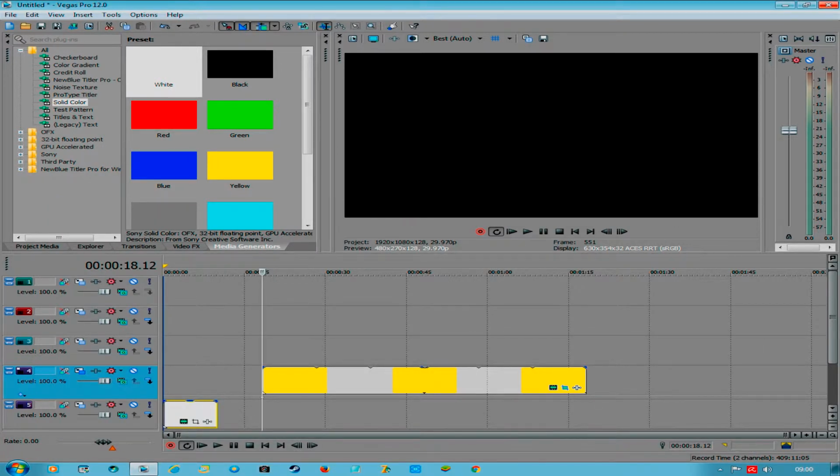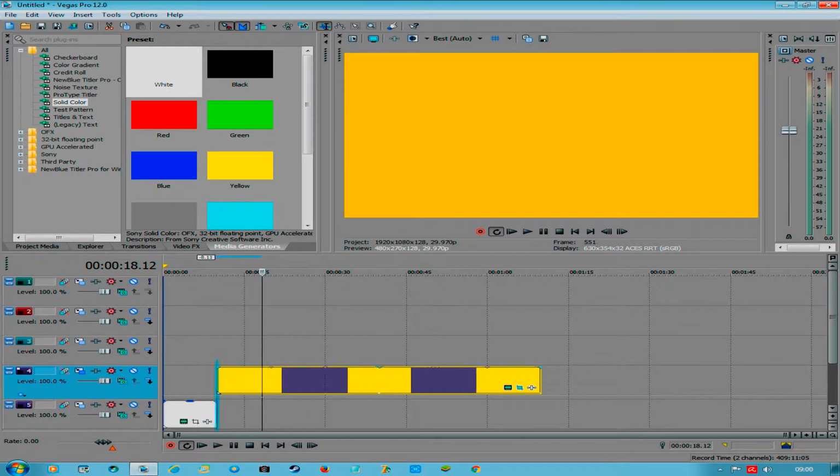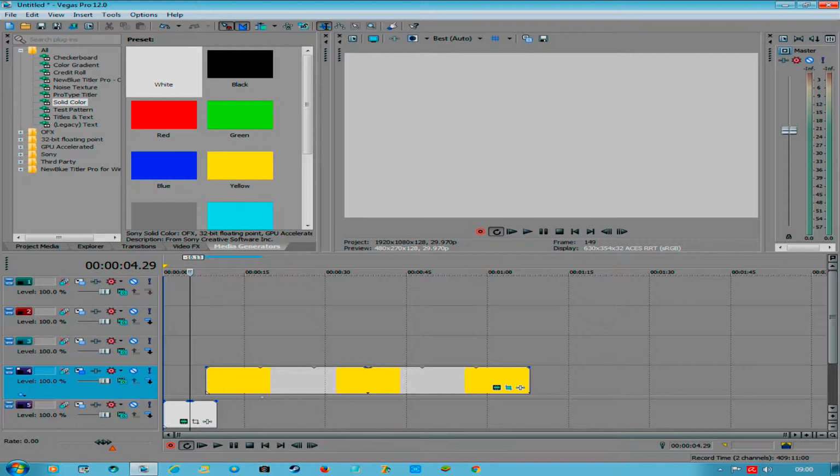I beg your pardon. There you go. Take that off. Remember that function is when you insert. You can auto ripple, so it inserts anything and moves everything across, which we didn't really want it to do, and I always forget to turn it off. So if we just move that across, what you're going to have to do is overlap the white